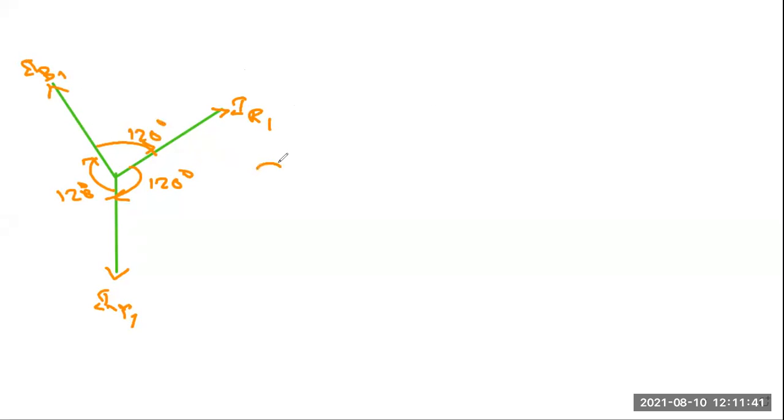Now you see, when you introduce this A, the rotation of A is always in the anti-clockwise direction. So there is no concept of clockwise direction. So what will happen for this case, anti-clockwise, IR1 and IB1, they are separated by 120 degree. And we know that 120 degree means A. So here we can write this is A into IR1.